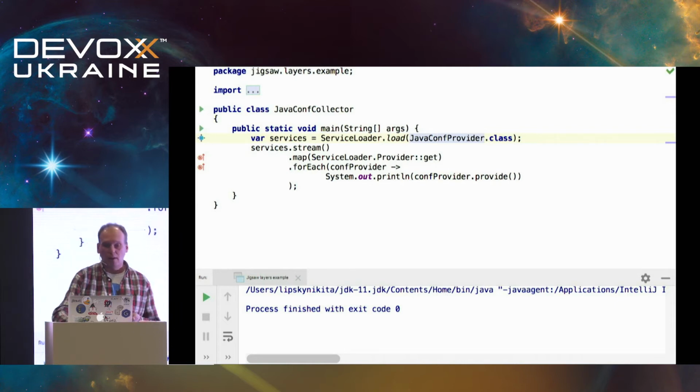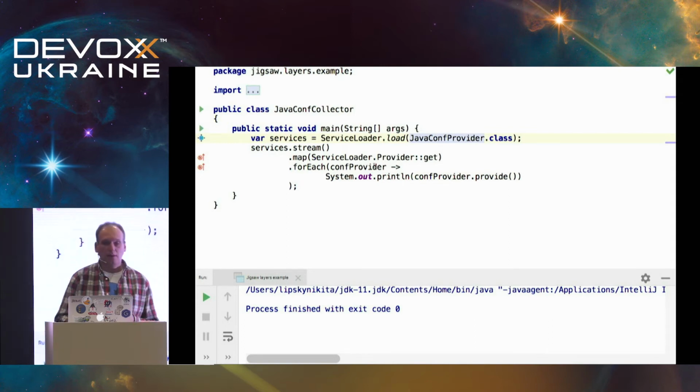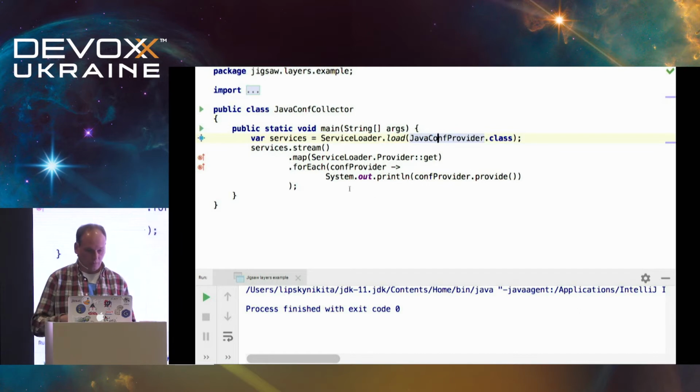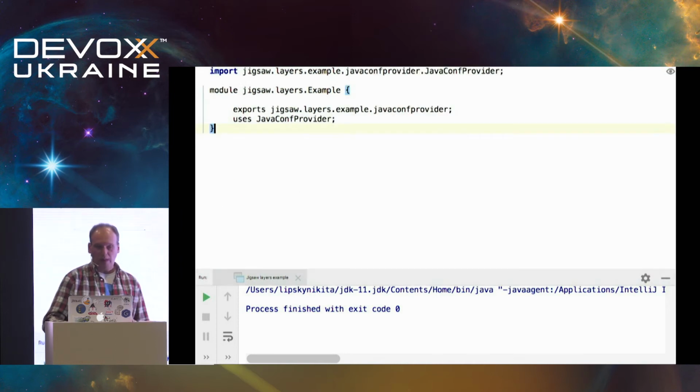And here we get all services that we have, all implementations of our Java Conf provider interface, and just output everything that the services provide on the standard output. The module declaration of this module looks very simple. We just export our Java Conf provider interface and use all its implementations.